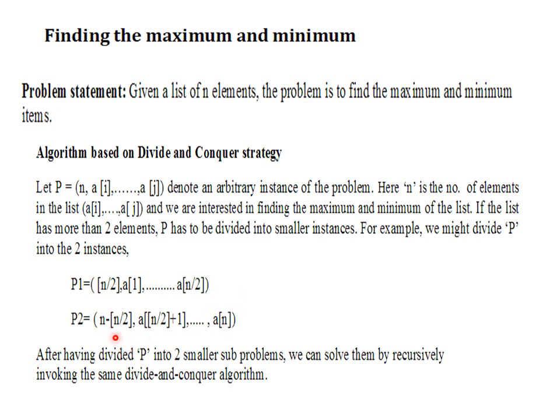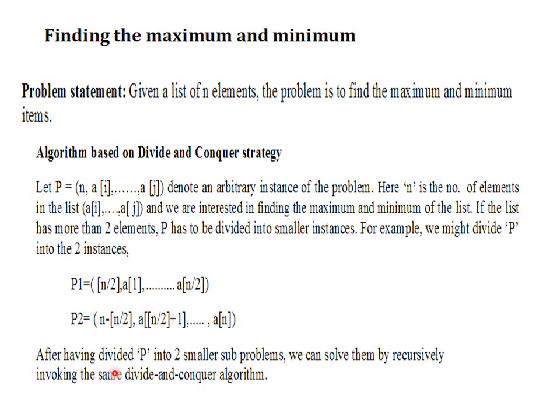Now assume that n is an odd number, not even, say n is equal to 9. So n by 2 is 4 only. The first list contains a1 to a4, and the second list contains 9 minus n by 2, that is 4, so the total items are 5. 9 minus 4 is equal to 5, and that will start from a of n by 2 plus 1. N by 2 plus 1 is 4 plus 1, so 5, 6, 7, 8, 9.